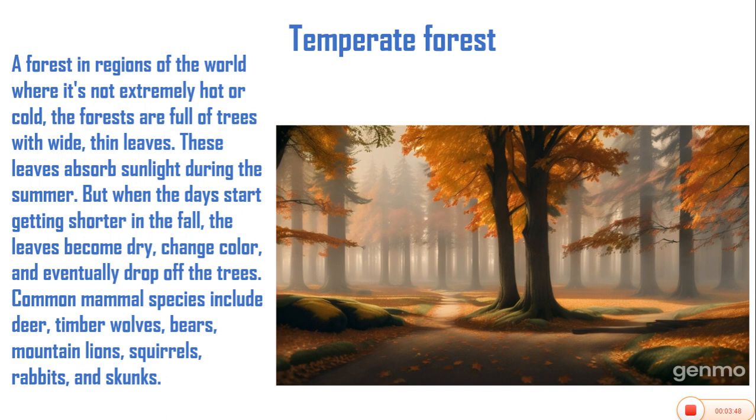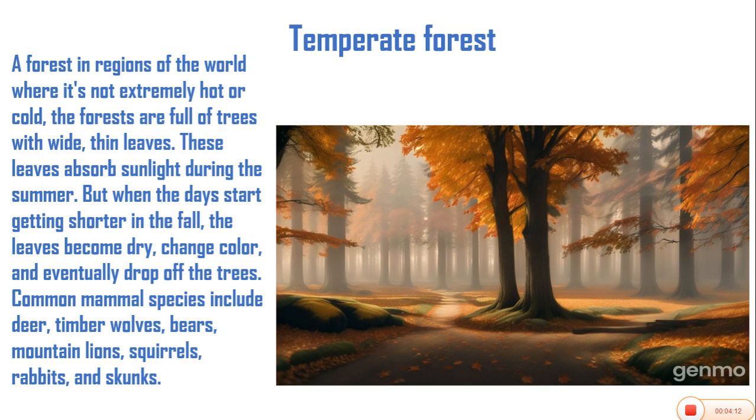These leaves absorb sunlight during the summer, and when the day starts getting shorter in the fall, the leaves become dry, change color, and eventually drop off the trees. You can see some of the leaves are on the floor. They've dropped off the trees, and the image on the screen is also showing that the leaves have dried up,